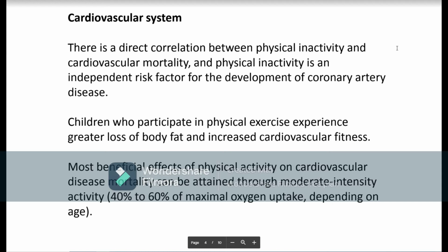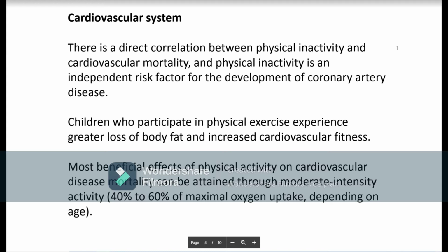It is scientifically evident that children who participate in physical exercise experience greater loss of body fat and increased cardiovascular fitness. Again, youth, young people, children, they possess much more potential for development of the cardiovascular system, making it work much more efficiently and form their cardiovascular system, heart itself and vessels healthier, and it will bring more profit in the years